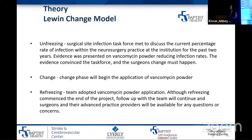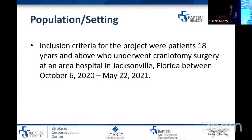The change was when we started applying the vancomycin powder to the surgical bed, and the refreezing was when we completed our project and continue to follow up with the staff and using vancomycin powder. So our population were patients who underwent craniotomy surgery. For my project, I couldn't mention, but we all know it was our institution in Jacksonville, Florida,